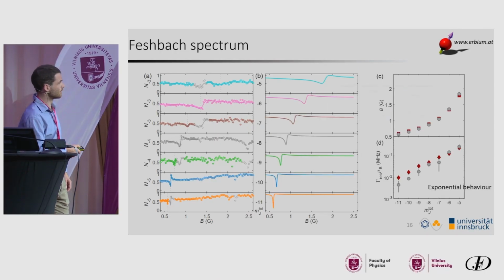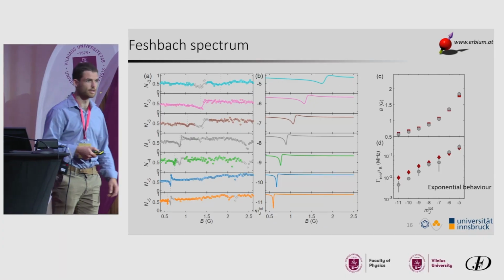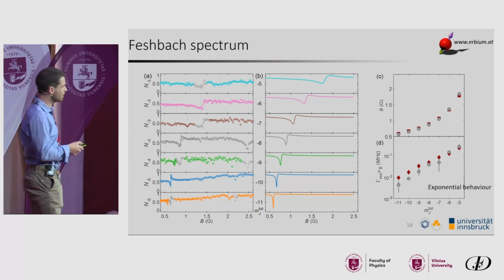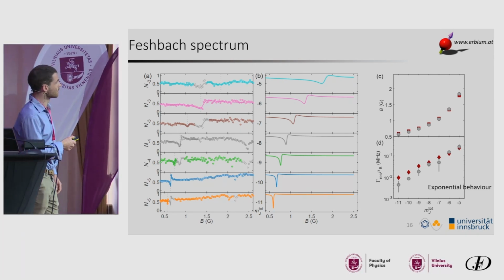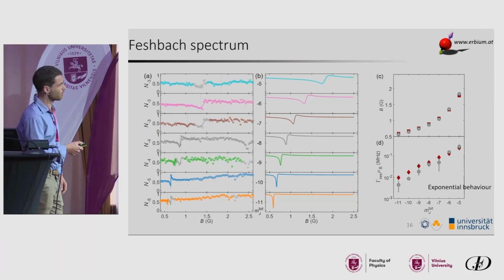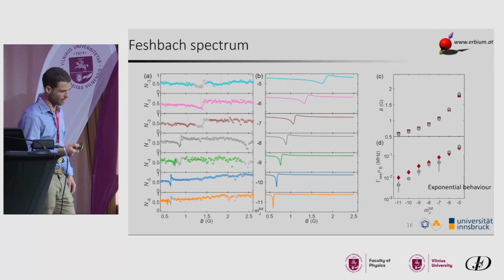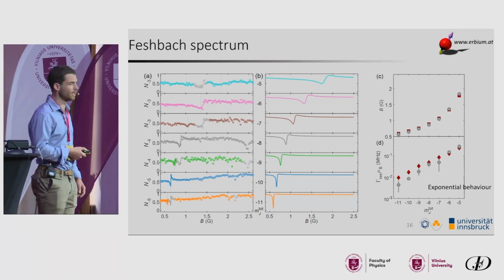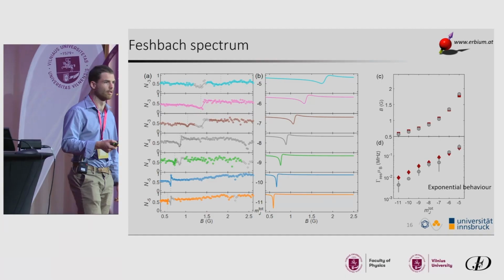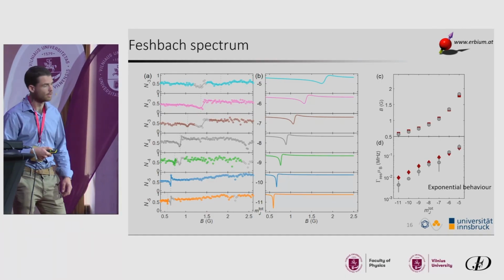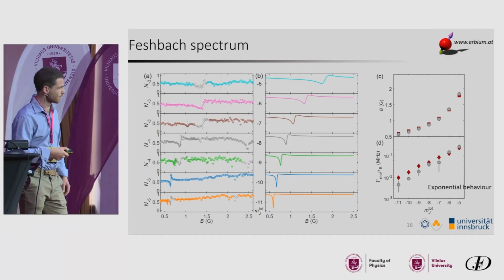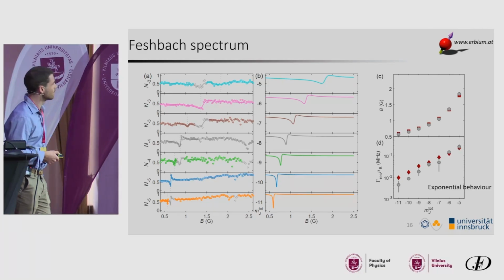And what you see is actually all these resonances are very well reproduced by only this square well model. And you see that the width is also increasing with magnetic field, and that's very nicely captured by the theory. It has this very striking exponential behavior, even if you fix all the parameters. There are no spin-dependent parameters, and so that's something that seems to be quite universal in this resonance.